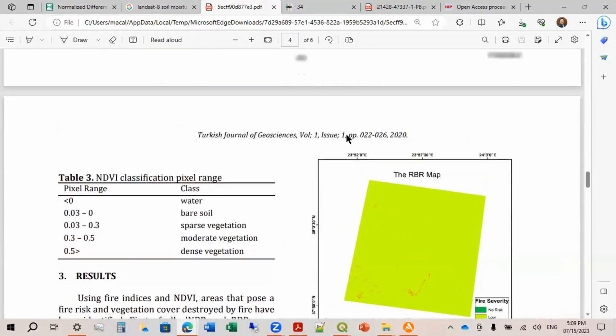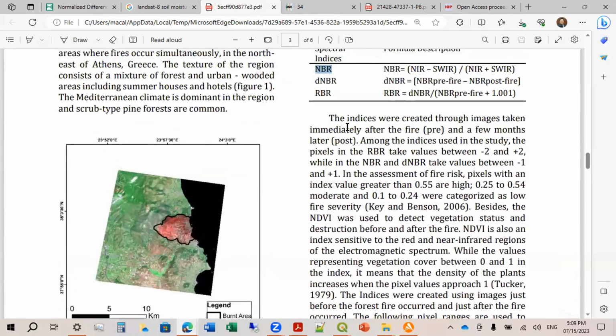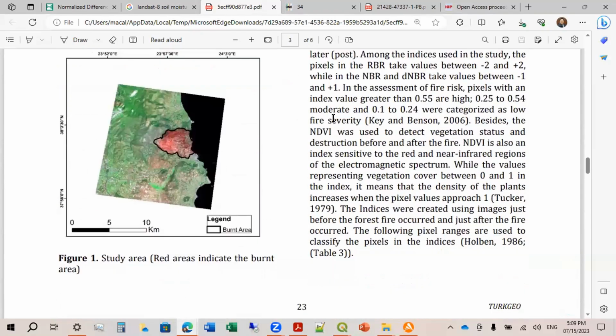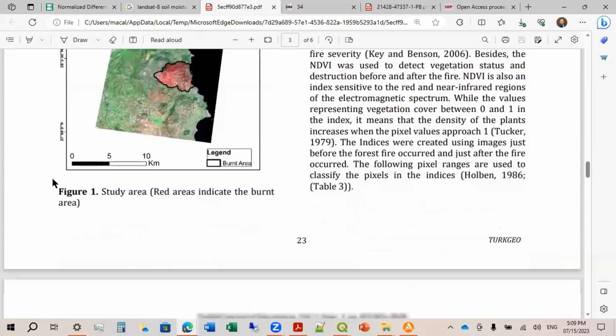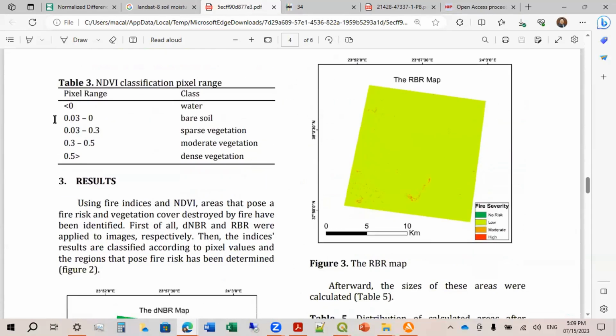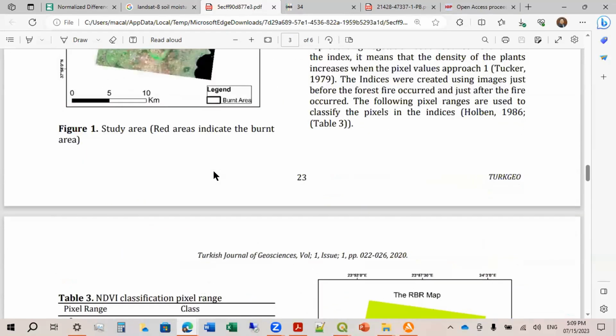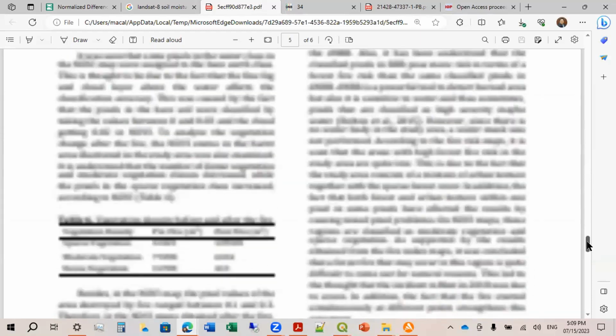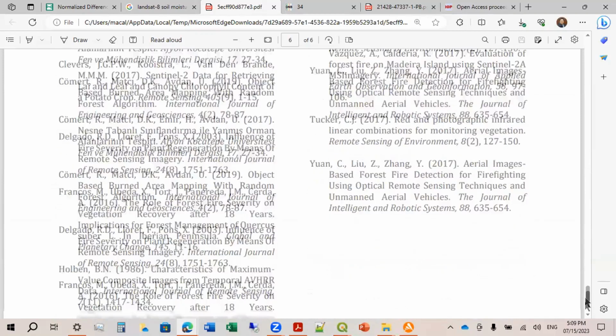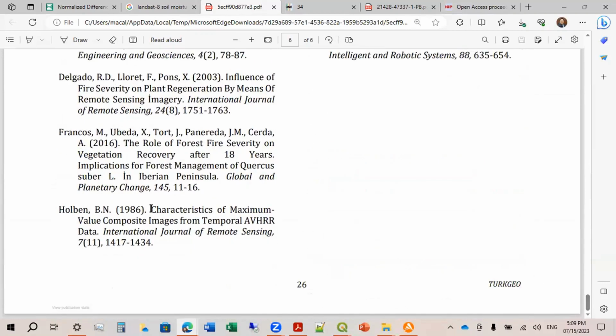Okay. But what's important to me right now in this case is this one. He cites Holben 1986. Let's check the paper here. Holben, this one. This is Characteristics of Maximum Value Composite Images from Temporal AVHRR Data.